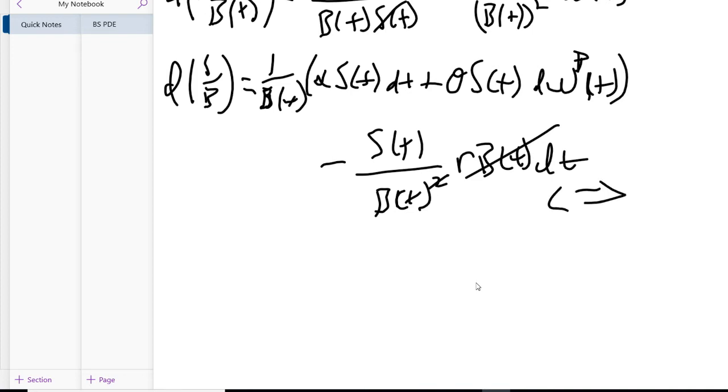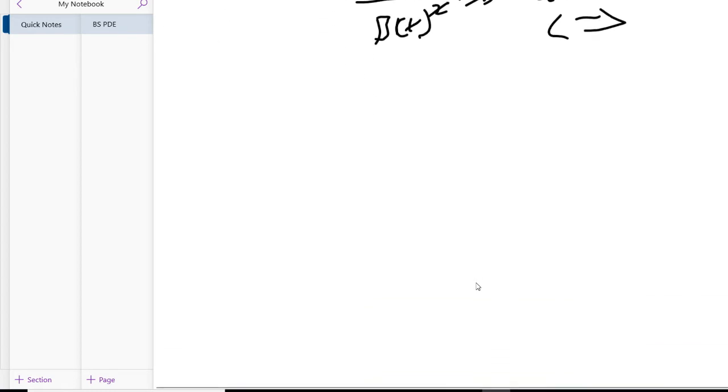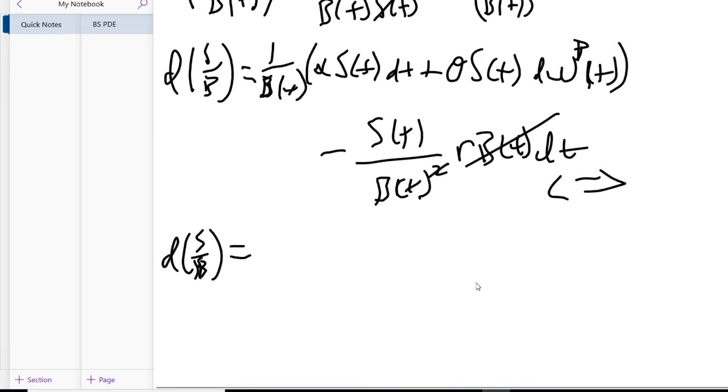Now this is equivalent to d S over b being equal to, so if we simplify all those terms,